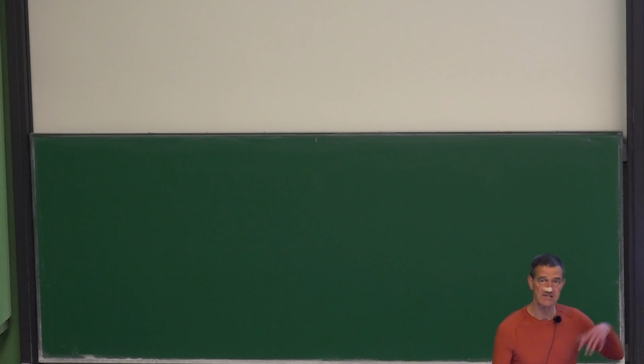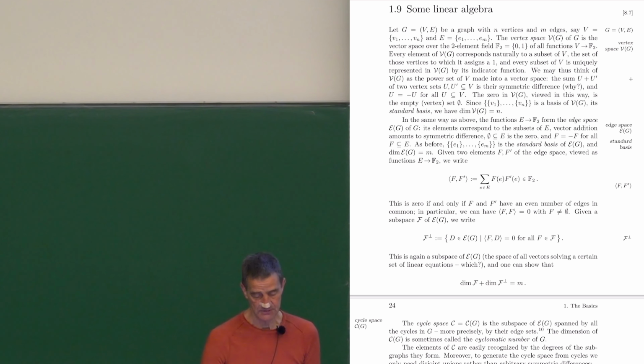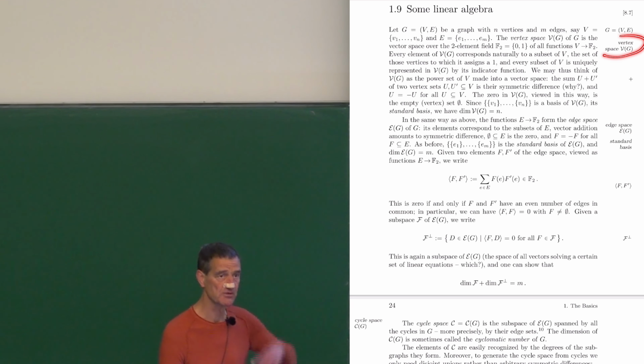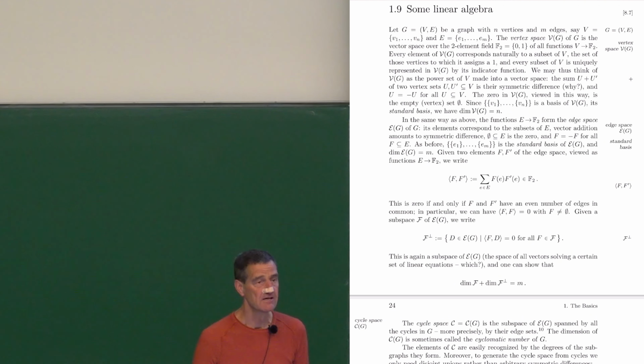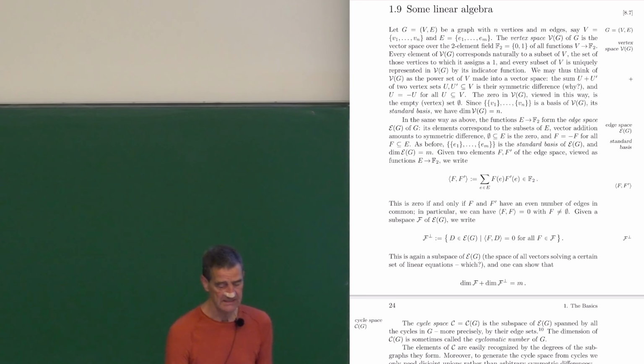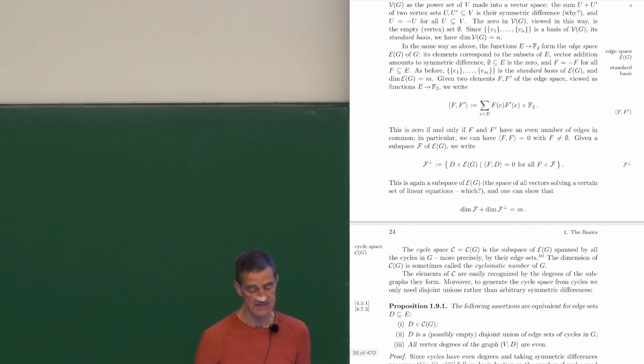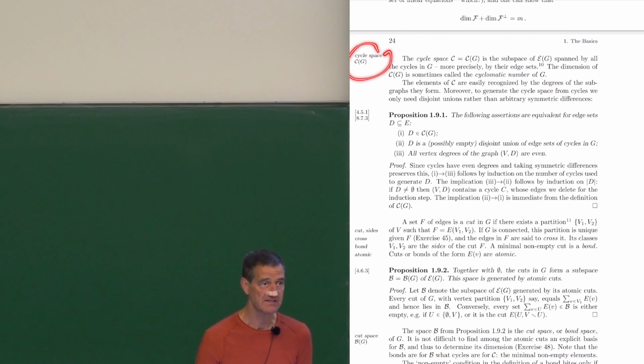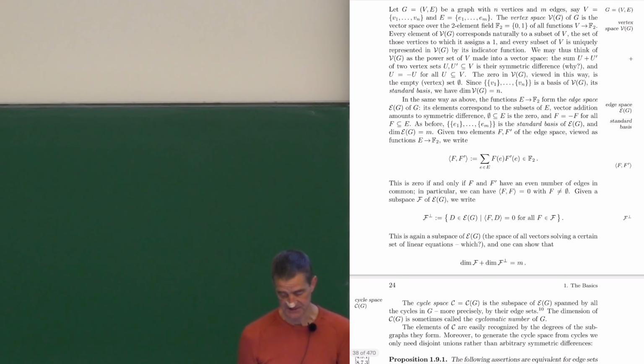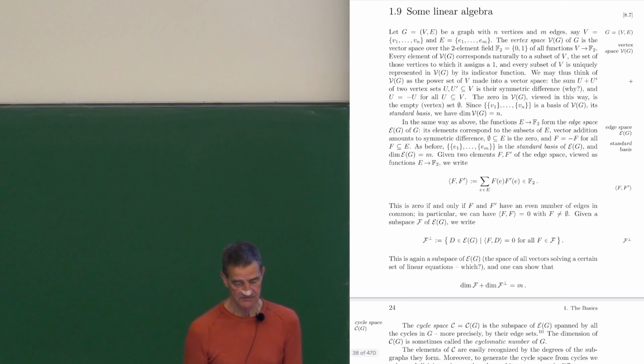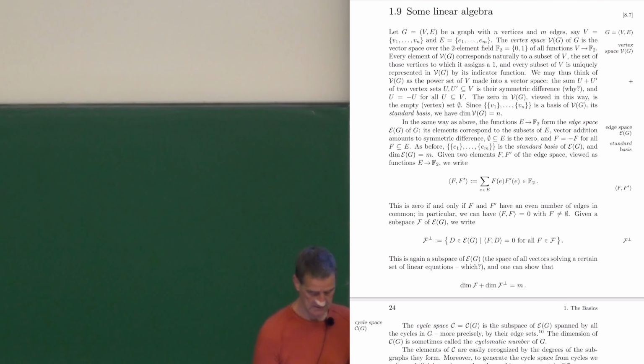Right, so the basic concepts that I'll be introducing today are what is called the edge space of a graph. There's also a vertex space, which is defined analogously, which I'm not going to introduce here because it's not going to be needed. And there are two subspaces of this edge space, the cycle space and the cut space. I'll tell you what these are today, and then we'll make a few observations about them. Right, so the edge space